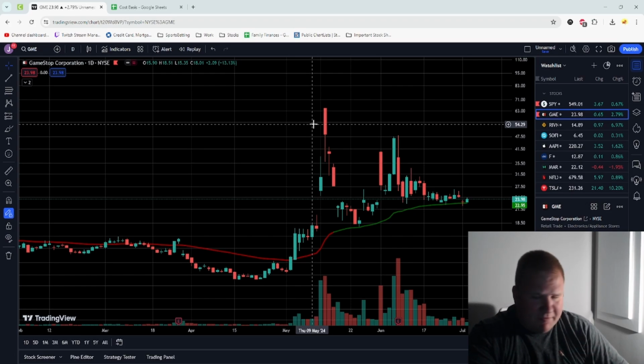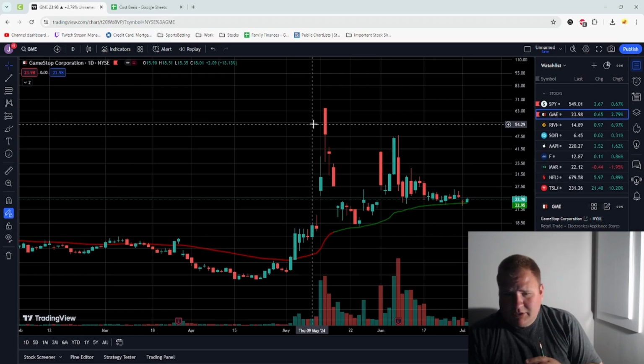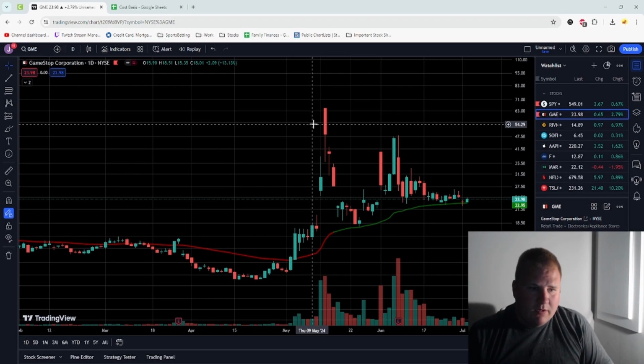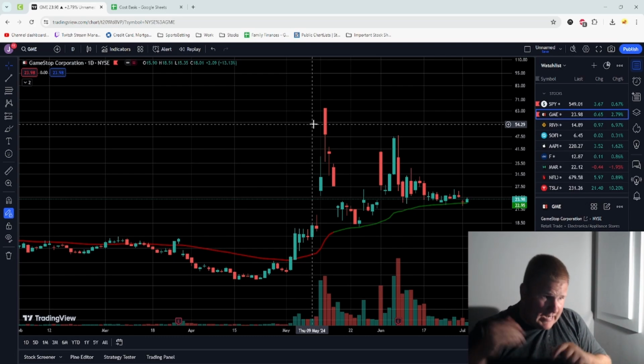Okay, the first thing that we see here is this EMA, the 50 moving average on the EMA. The 50 moving average is this line that you see on the graph here. It's a very good indicator for intermediate support and moves of the chart in the intermediate time frame. And as you can see here,